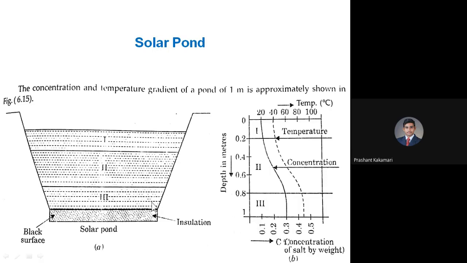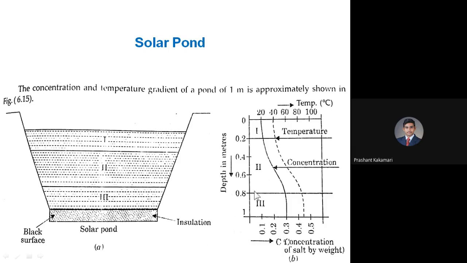The solar radiation available at the bottom level, if the depth is maintained at more than 1 meter, the availability of radiation at the last stage is very difficult. So to have maximum absorption, the depth of these solar ponds is maintained up to 1 meter only. And between 0.4 to 0.8 meters,